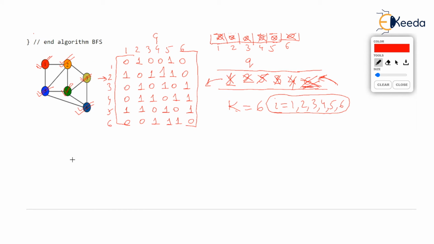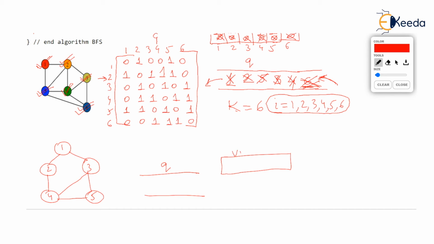So just as a small recap before we end this video, suppose I have a graph like this. Imagine some arbitrary graph I am drawing. This is the graph. So what are the steps of BFS on this particular algorithm? You know that the queue is empty initially, and the visited array, I'm just running BFS very fast on this very small graph, is going to have 5 elements, all initialized to 0, and Q is initially empty.